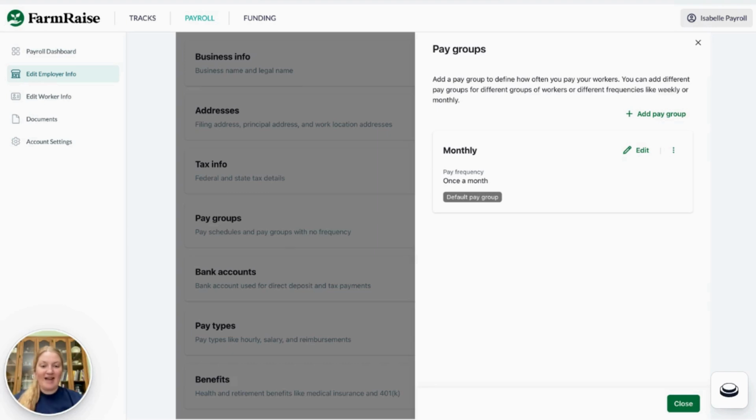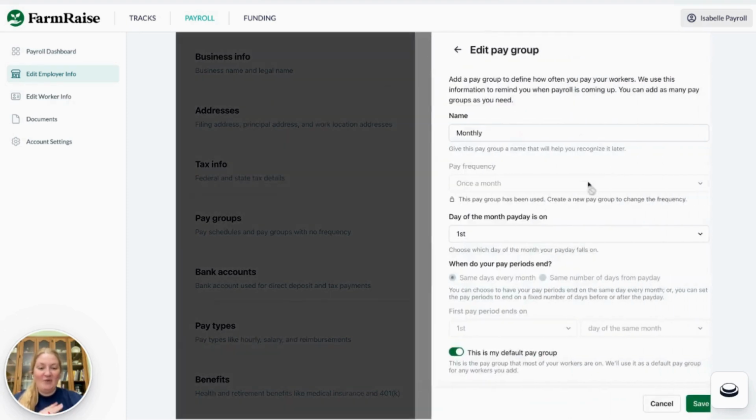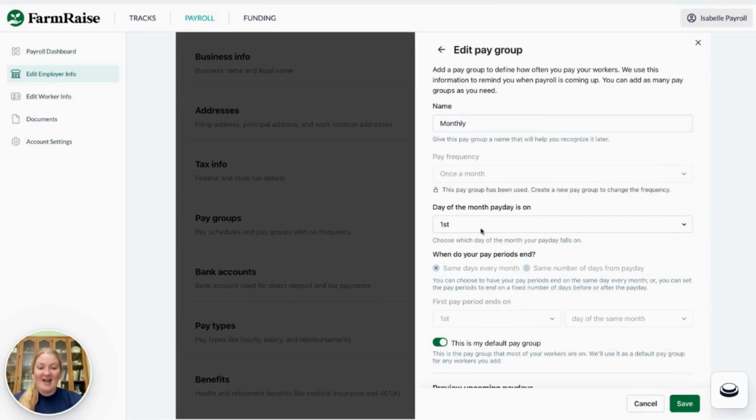Right now you can see that my pay groups are set on monthly. Pay groups are going to be if you pay your workers weekly, monthly, every other week, or twice a month. And then you can also set up default pay groups. Right now, my default pay group is once a month, and I can go in here and edit this